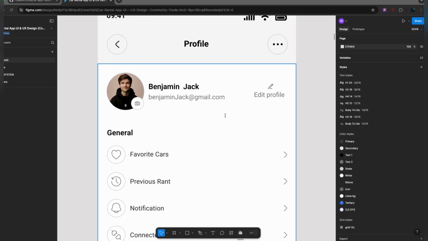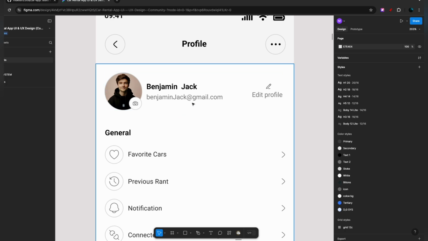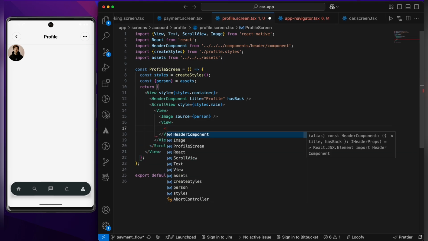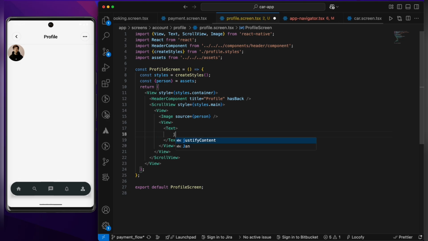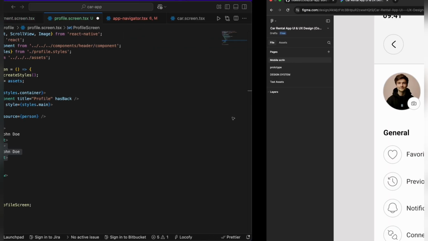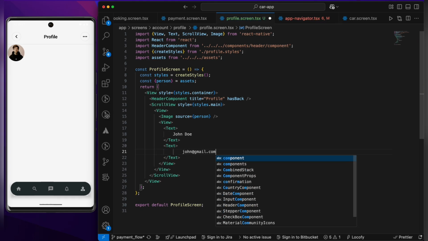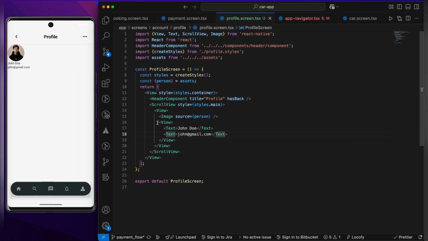Yeah, so now let's add the name of it. If you can see clearly, the image is on the left side and the information is on the right side. So for that I'm going to use the view and then text. Inside that I'm going to use a name John Doe. Okay, let's copy the text and write johndoe@gmail.com. So I'm going to type john@gmail.com like this,